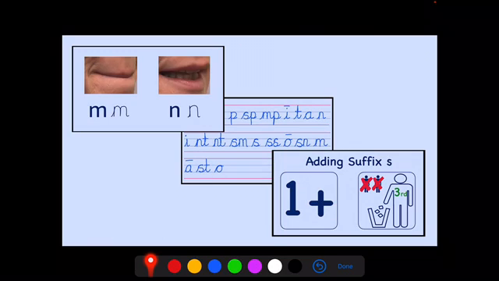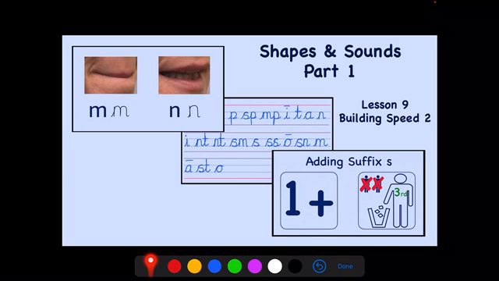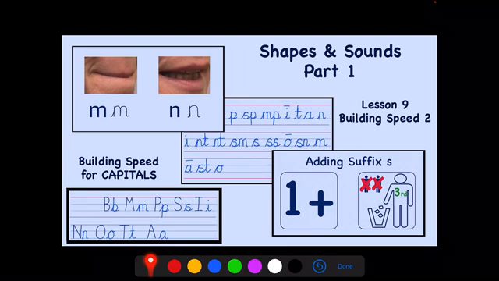If you'd like to go over the sounds that we covered in Shapes and Sounds Part 1, you can ask somebody to go over those sounds again using this screen, or you can go back to Part 1 and Lesson 9's Building Speed 2, where we'll also go over the reasons for adding suffix s. And if you wanted to go over all of the single letters we've covered so far, building speed for capitals, we'll do that,